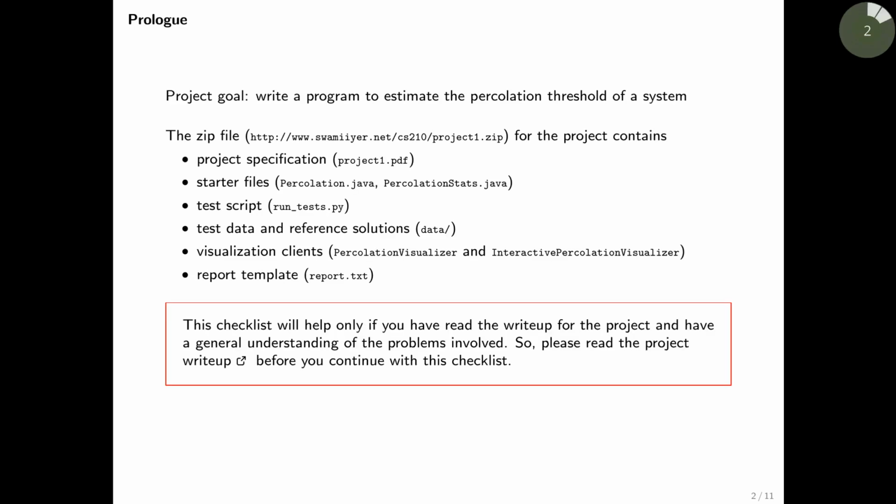Hi, welcome to this video on project 1, which is a project on the percolation problem. In this video I'm going to explain the problems in the project, and I'll also give you some hints along the way on how you go about solving these problems. The goal of the project is to write a program to estimate the percolation threshold of